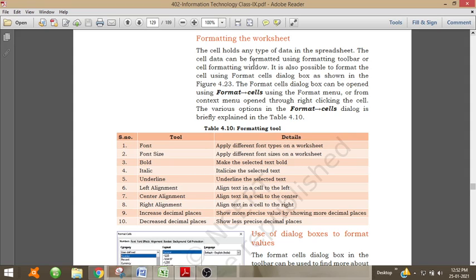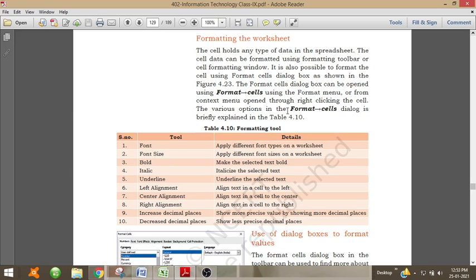The cell data can be formatted using formatting toolbars or the cell formatting window. It is also possible to format the cell using the format cells dialog box, which can be opened using the format menu, or from the context menu opened by right clicking the cell.